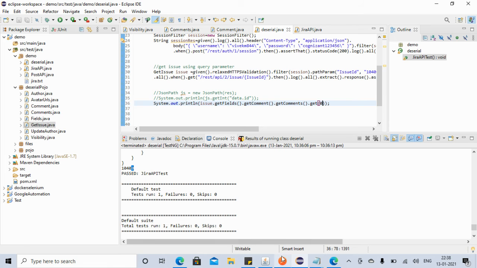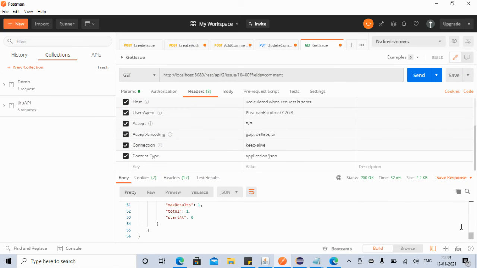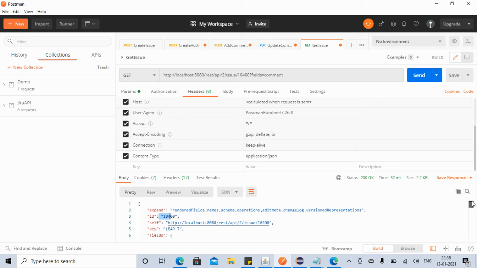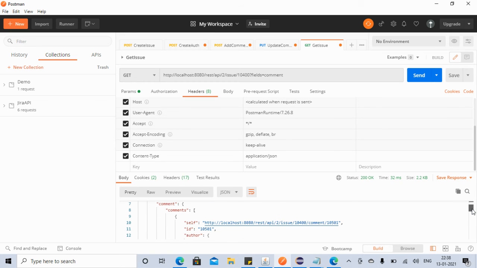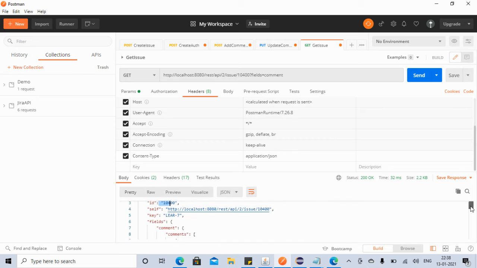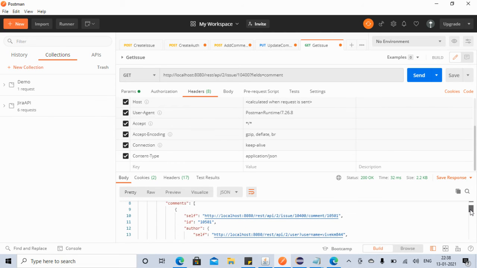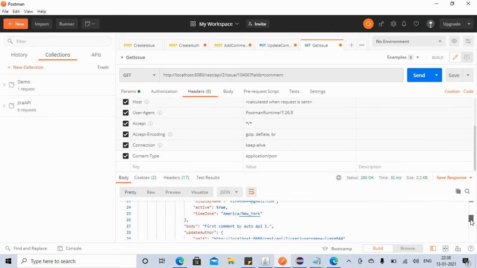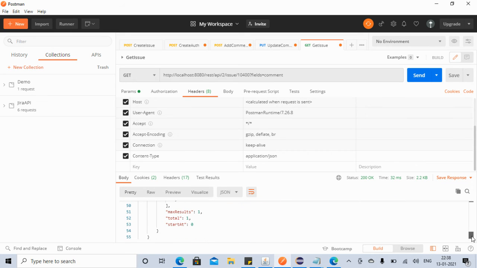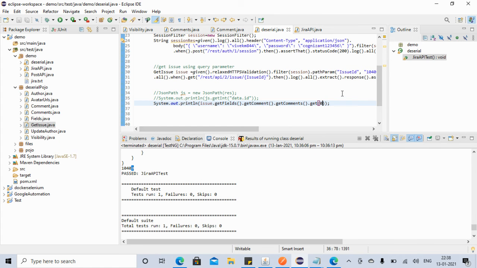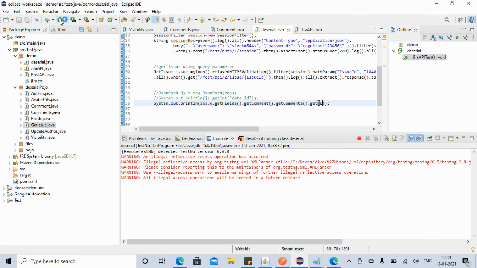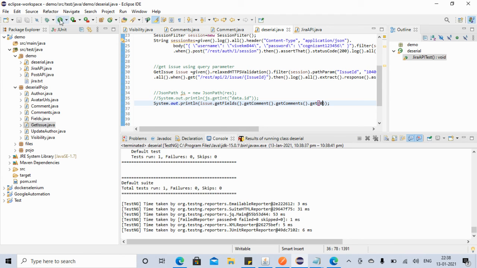See here, this total shows how many comments there are. You can get this value, and depending on that, run a for loop. There is only one, so we will say get 0. That is just programming logic that you can use to retrieve whatever you want. You can add some assert or something.